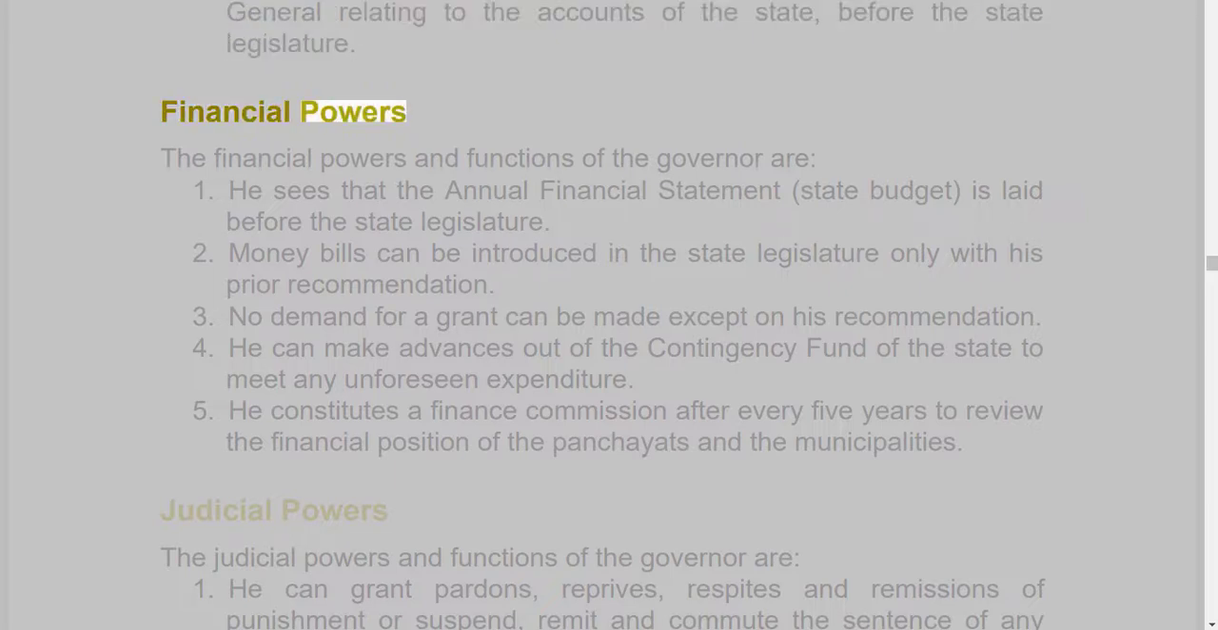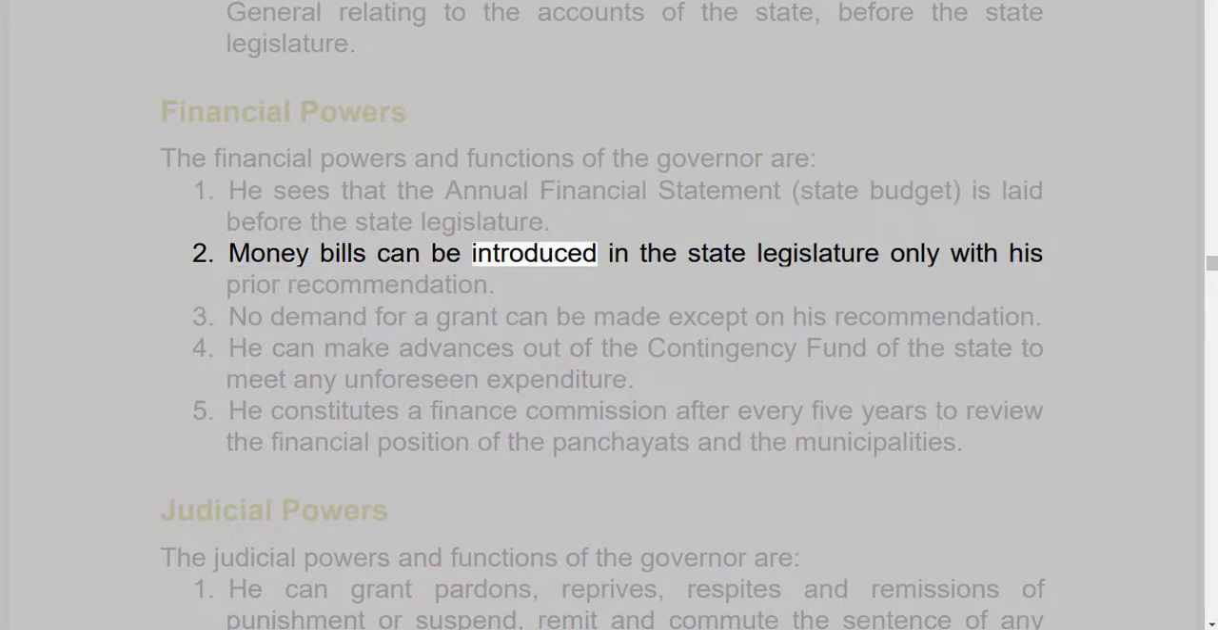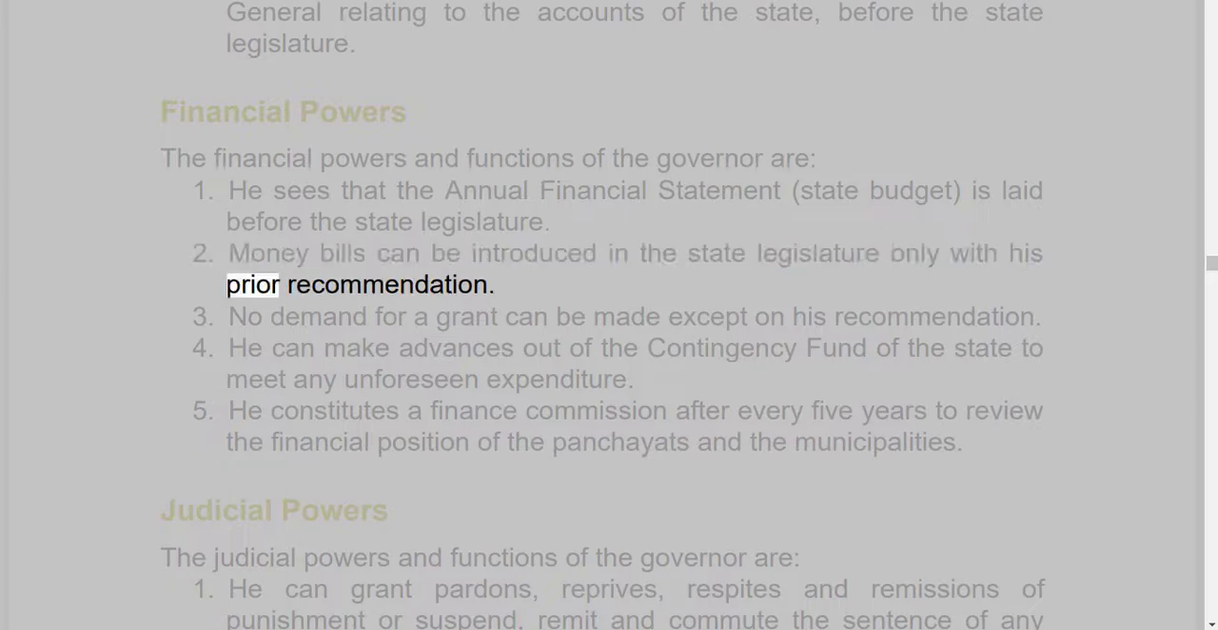Financial powers. The financial powers and functions of the governor are: 1. He sees that the annual financial statement, the state budget, is laid before the state legislature. 2. Money bills can be introduced in the state legislature only with his prior recommendation. 3. No demand for a grant can be made except on his recommendation. 4. He can make advances out of the contingency fund of the state to meet any unforeseen expenditure. 5. He constitutes a finance commission after every 5 years to review the financial position of the panchayats and the